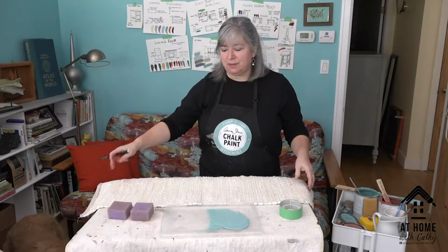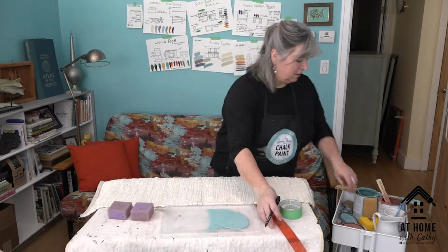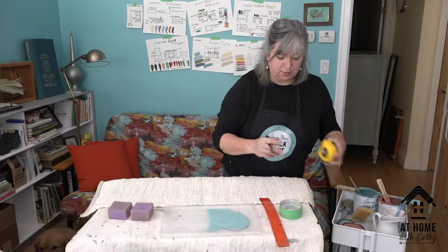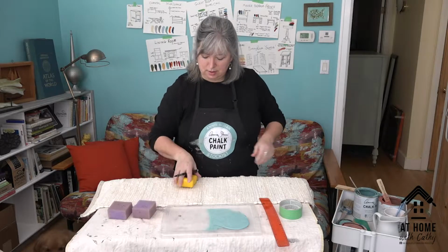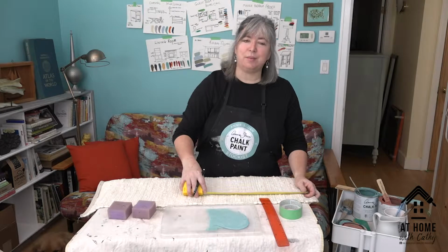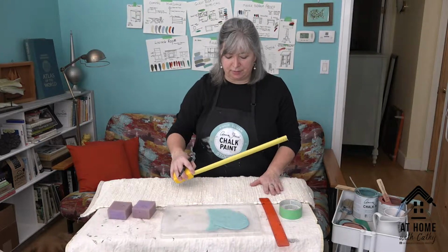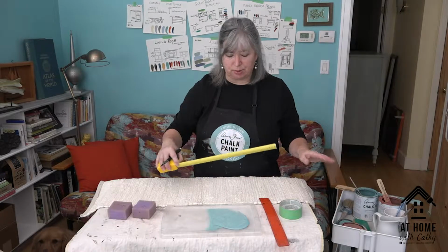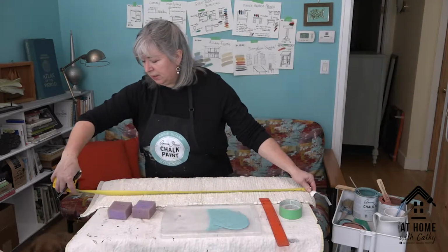For the flip side of this little floor mat, we're going to do a different technique. And what I want to do is just kind of make sure that I'm going to use little sponges, and they are 2.5 inches. Again, I'm not worried about this being totally perfect. This is stamped on very rough fabric. It's never going to look perfectly painted, but just roughly